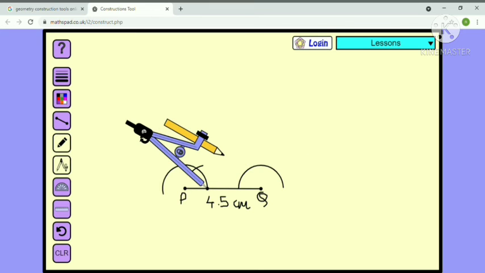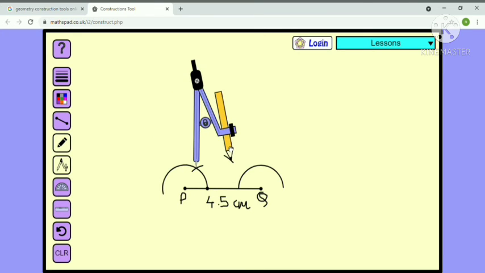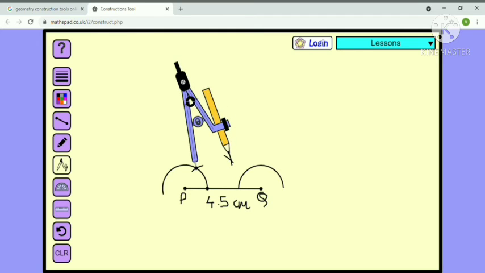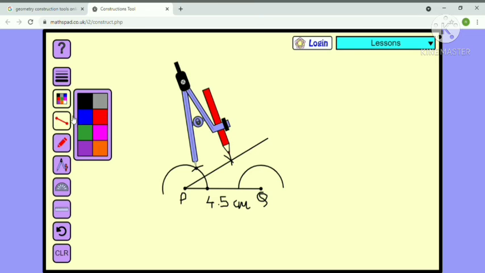So by keeping it at one point, I am going to draw an arc, and I am going to keep the point at the 60 degree arc, and I am going to draw another arc. So we have bisected 60 degree. Bisection itself means dividing a measure into two equal parts. So 60 degree is being divided into 30 and 30 degree in two parts.